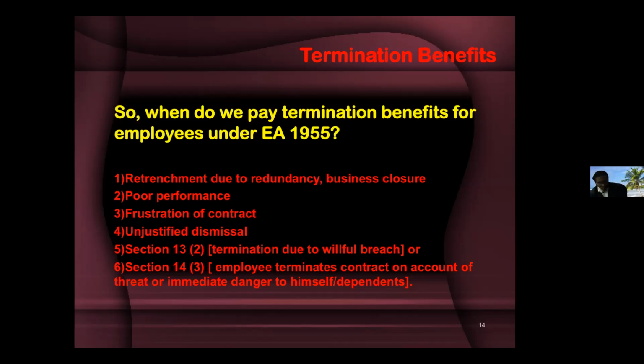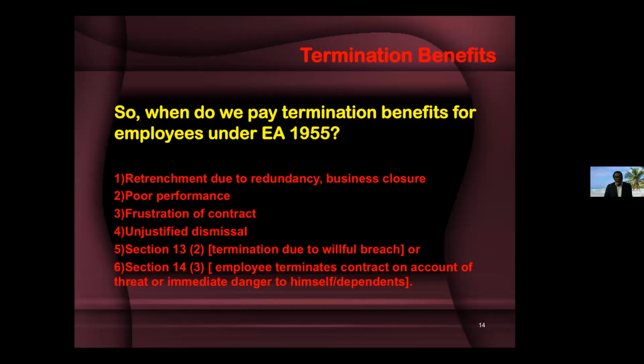When do we pay? Okay, now moving on to the next. When is there unjustified dismissal? Whenever we come across a dismissal, most of the time we find the disgruntled employee running away to the industrial court. But occasionally some of them go to the Labor Department as a grievance process. Once the Labor Department goes through its processes and finds that the dismissal was unjustified, it will order the employer to pay termination benefits. So this is one of the situations whereby we end up paying termination benefits. But what is justified and unjustified is determined by the Labor Department.